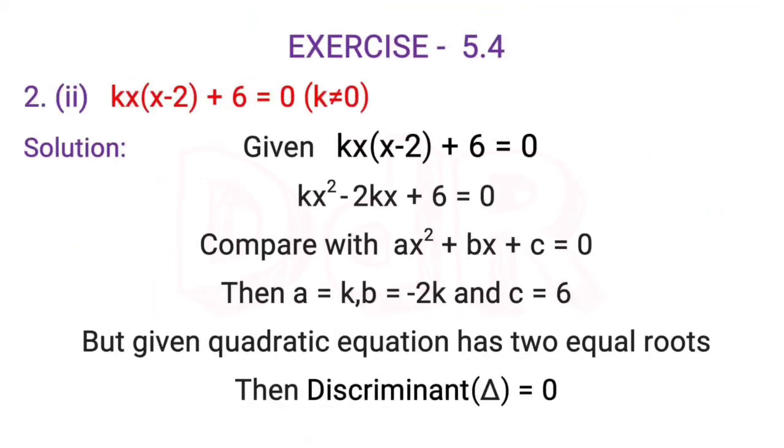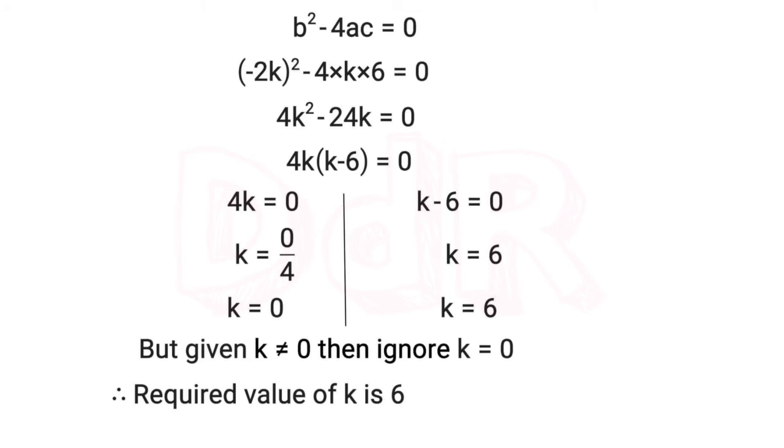So that means the given quadratic equation has 2 equal roots, then what is the k value? We know very well if the given quadratic equation has 2 equal roots, then the discriminant value will become exactly 0. So that condition you have to use to find out the k value here. So discriminant is equal to 0. The discriminant value is b square minus 4ac, and it is equal to 0.